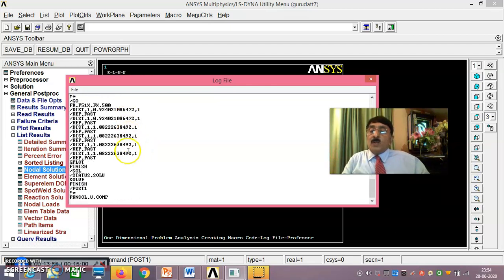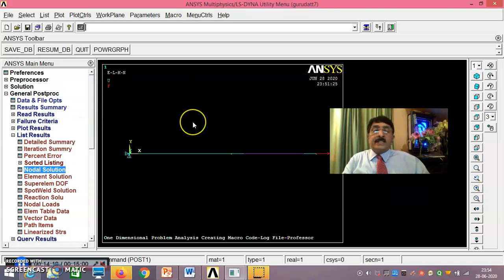Now you see here, once I do all this, finish, solution, solve, current load step, and U component. That means up to U component only. You could determine any other thing, that is axial stresses and all that. But at least up till here, it has been done. Now we'll come to the end of session 6.